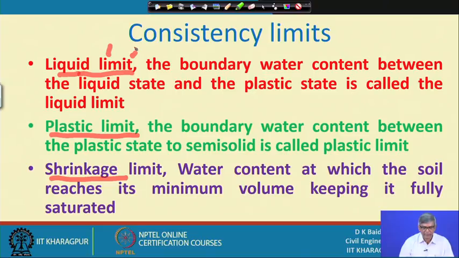The liquid limit is the boundary water content between the liquid state and the plastic state, and it is called liquid limit. And what is plastic limit? The boundary water content between the plastic state and the semi-solid state, that is plastic limit. And another is shrinkage limit, that is the water content at which the soil reaches its minimum volume, keeping it fully